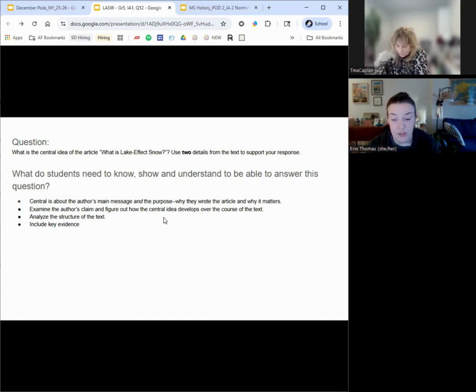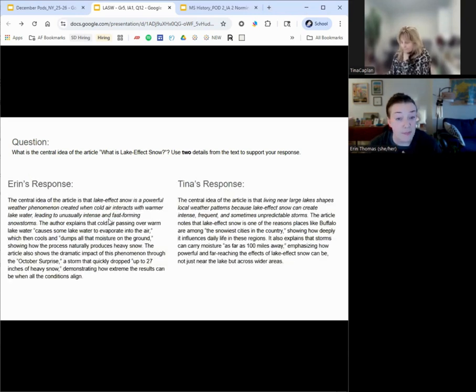Okay, so we know what the skill requires. Let's now have a look at what this answer would look like with this specific text, keeping in mind what they need to know, show, and understand, but also what that sounds like with this text. We both came prepared to the meeting with our own exemplars. We're going to have a read of one another's. While we're looking at the other person's, what I want us to think about here is what's the same and what's different, and does it do the know, show, and understand? So let's have a look, and then we'll come back and chat.